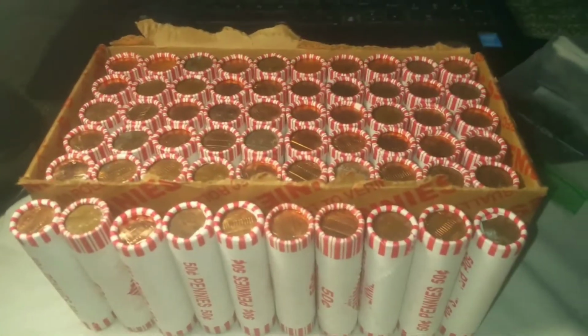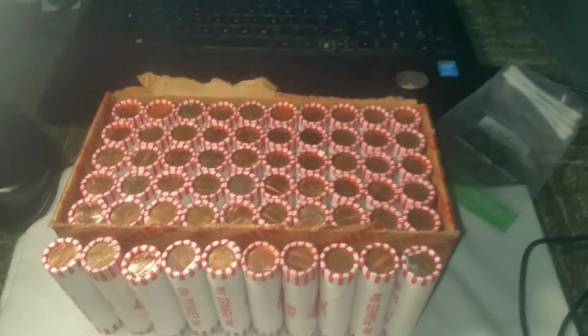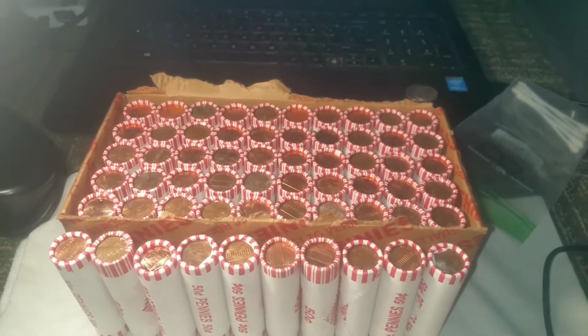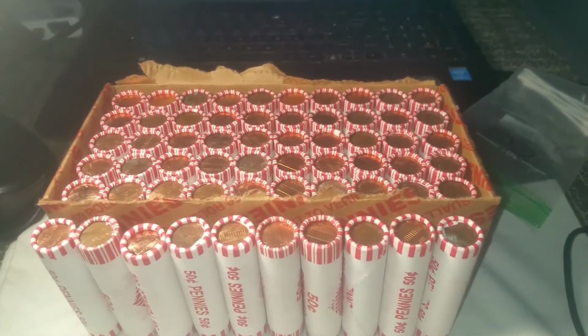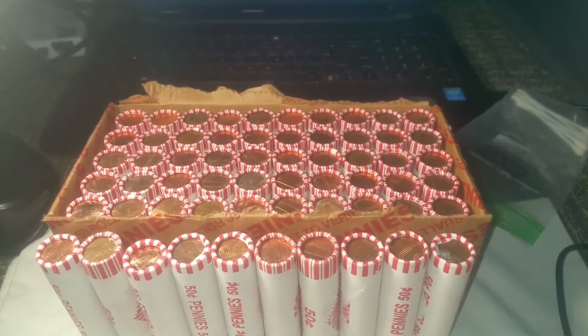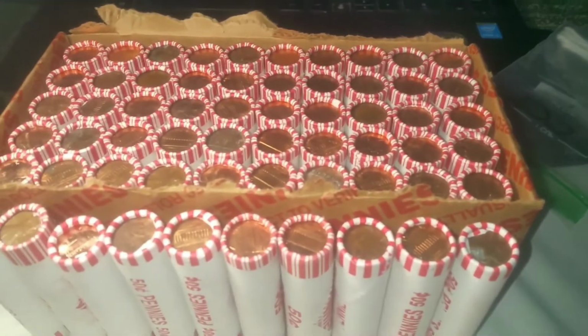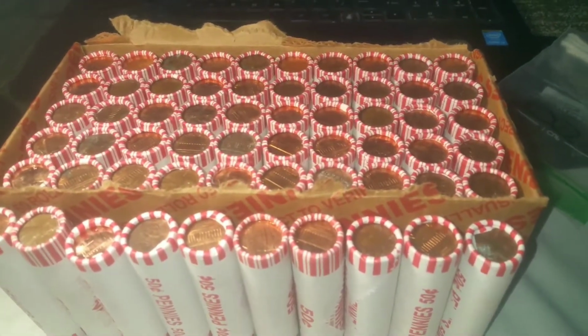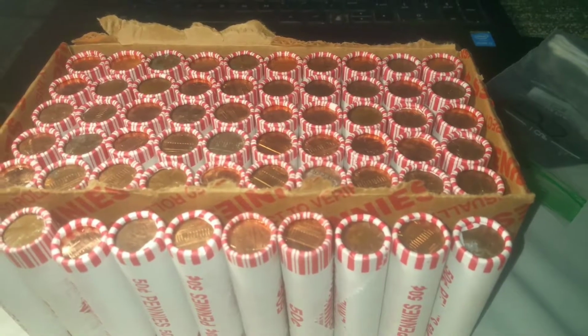Well, I'm back with another box of pennies, and this one, I didn't see no wheat enders, but I definitely see a lot less shield backs in this one, so hopefully it's a better box than the first one where we only got those 2 Canadians. And I'll be honest with you, this one weighs about a pound more, so I'm definitely thinking there's more copper